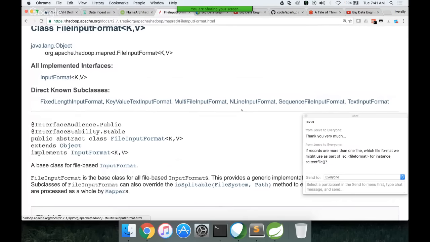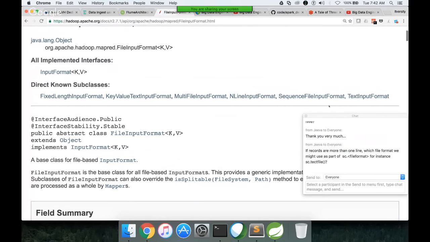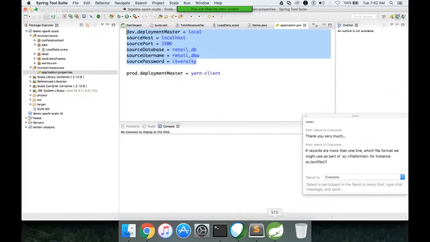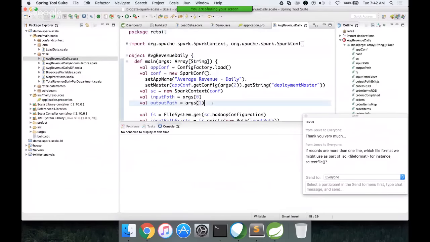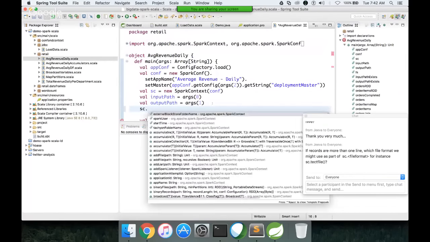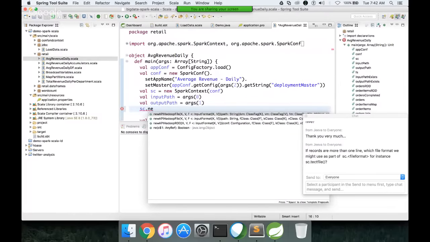Okay, so by default, when you use sc.textFile, it will use text input format. If you use sc.sequenceFile, it uses sequence file input format. If you want to use other HDFS file input formats, for example, every 2 lines is a record, then you can use NLineInputFormat. And the way you can use NLineInputFormat is, if you go to here and go here, you have sc dot new API Hadoop file, and as part of the new API Hadoop file,